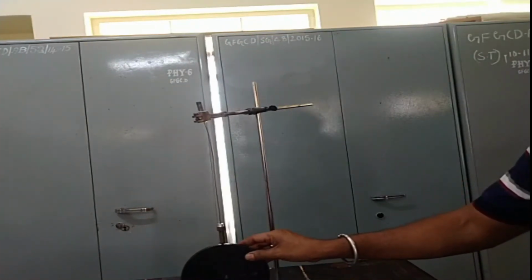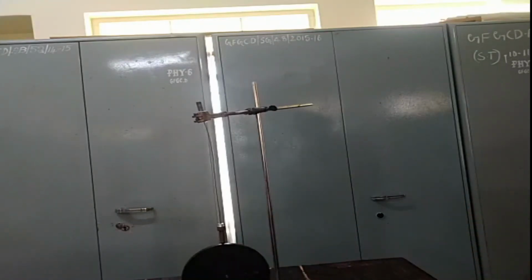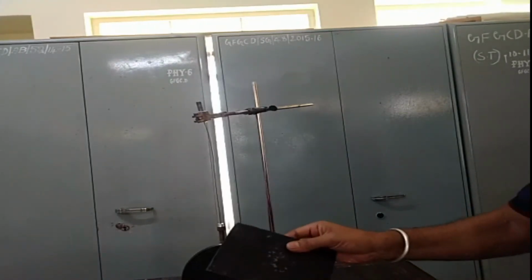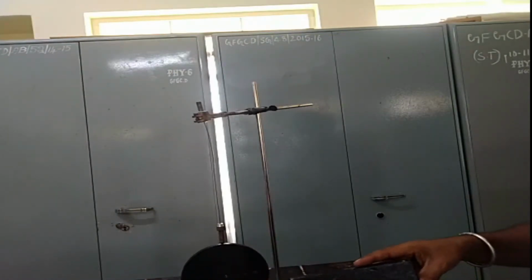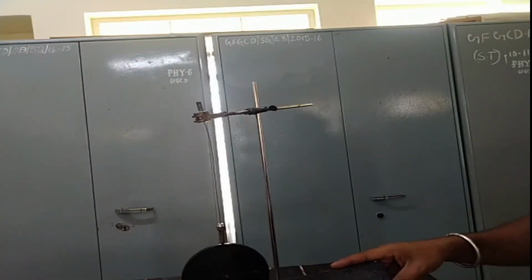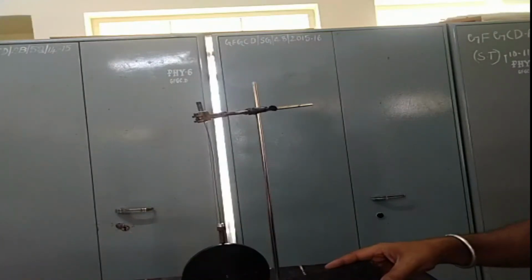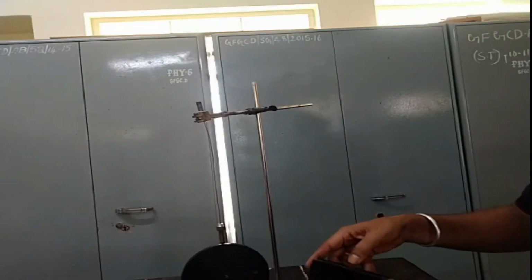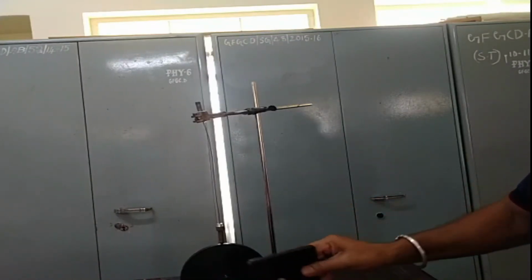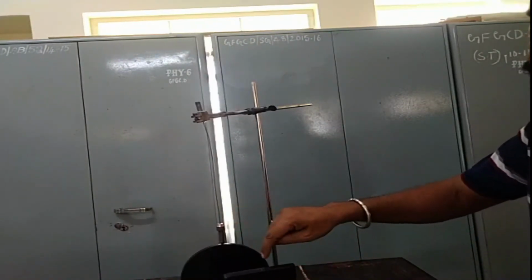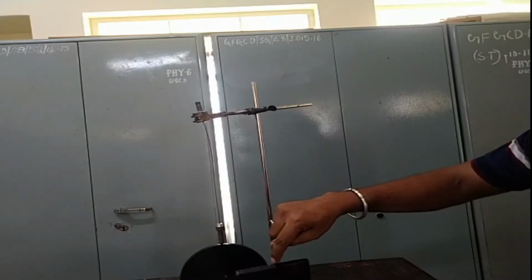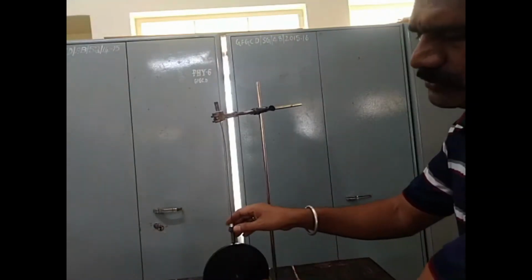Then we just remove this circular disc and fix the rectangular plate. In this rectangular plate you have to perform similar oscillations for 3 axes of rotation. The first one is, let us say, perpendicular to the breadth, that is the axis of rotation. That means the check nut should be fixed to this hole, or this groove, we can say. So now I will remove this disc first.